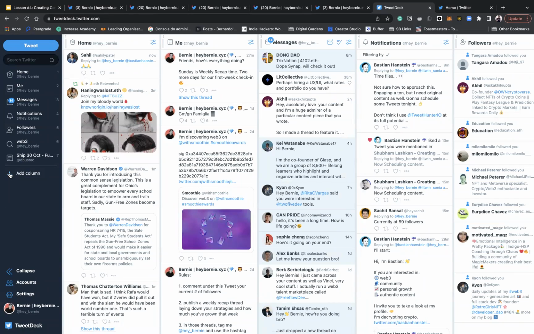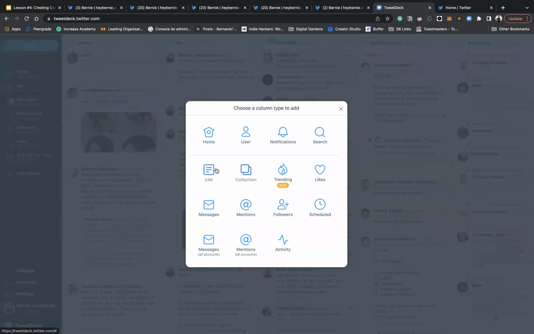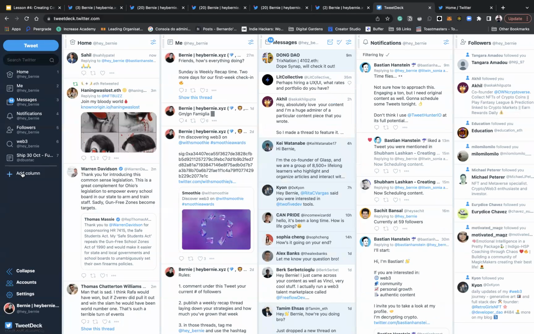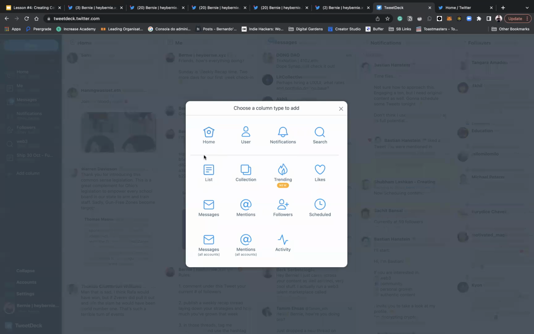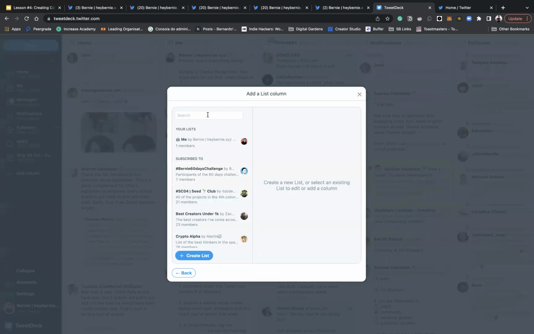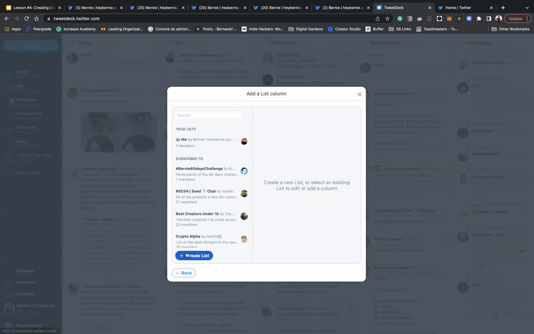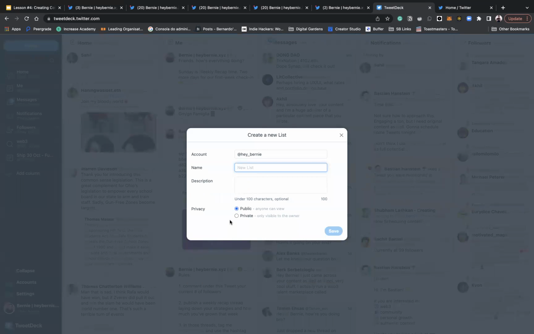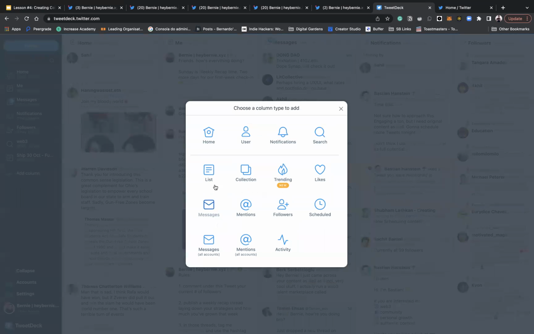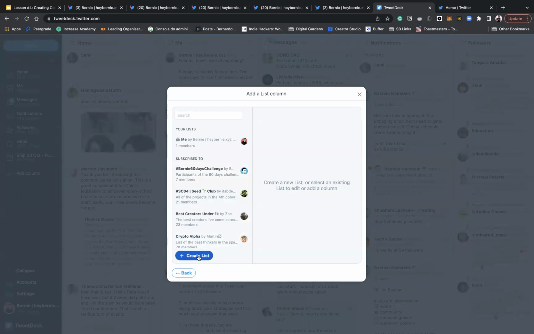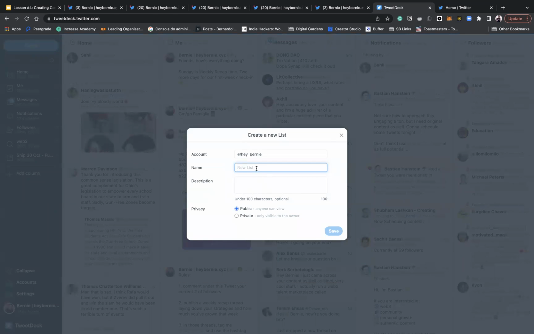So now regarding creating a new list, you can come here. You click on add column, you create a list. You can find your current lists here, or instead you click here on create lists. Okay, so you click here on create lists. Now you can write something as the name of the list, like